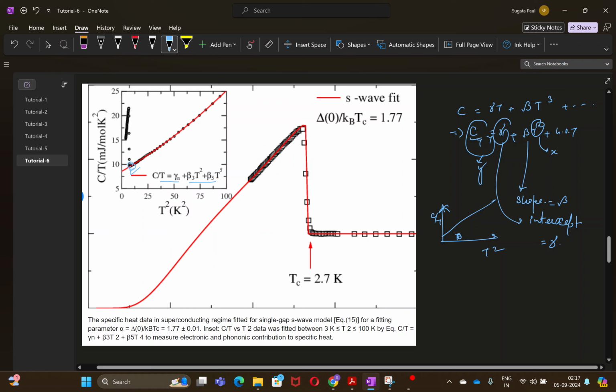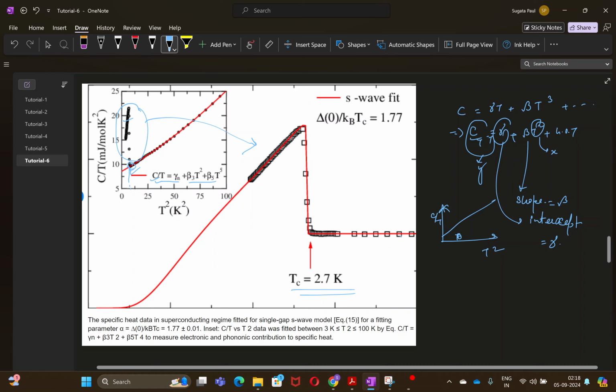But from this point onward, you see that the experimental data deviates from the red line fit of this equation, but rather it goes up with a very sharp jump at this temperature, and then again it falls down very sharply. So if you zoom into this part, you come to the main panel, that right at this point where this temperature was around 2.7 Kelvin, you can see very accurately that this is at 2.7 Kelvin,